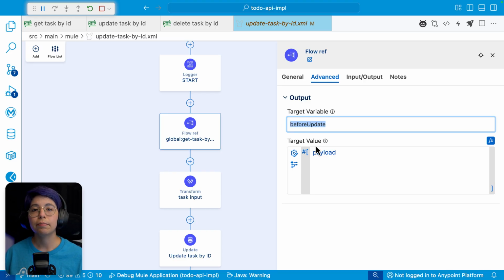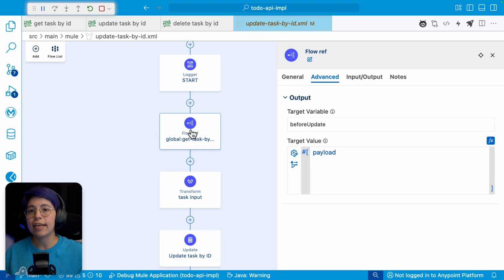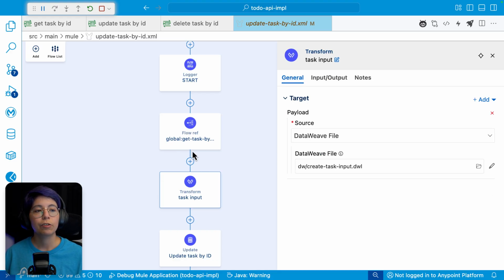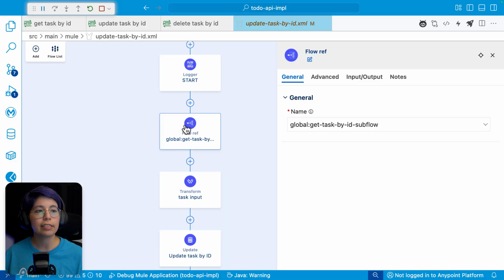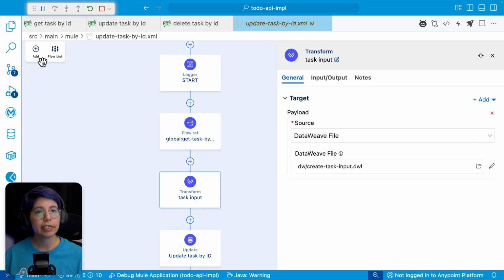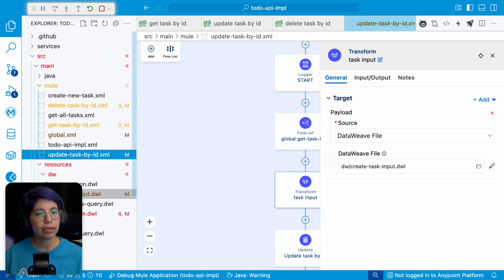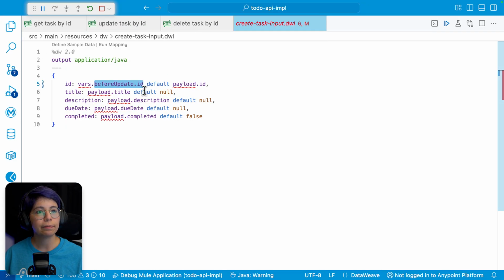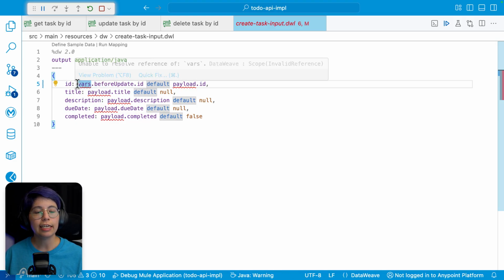So that is great because we can use that. The downside of that is that when we are creating the task ID variable inside this flow reference, it's just staying there. It's not being outputted to this side. So now we have to reference this variable that we are setting up here, the before update, instead of the task ID. So when we reach here and we do the create task input right here, we now are taking the ID from the